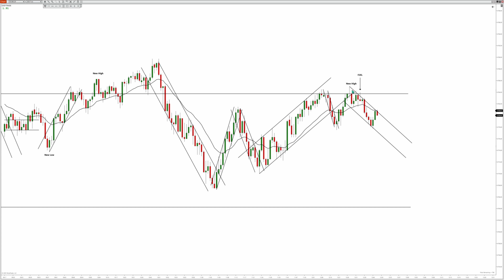You can see multiple times price tried to break through this level up here, but it bounced off of that level multiple times and found a lot of resistance here. There's a lot of bulls trapped trying to go long off of this EMA at the top of this range. At the time, I didn't have this wider uptrend drawn with break and new high. With this new channel drawn, break, new high, and then the failed second entry long off the top of the range,